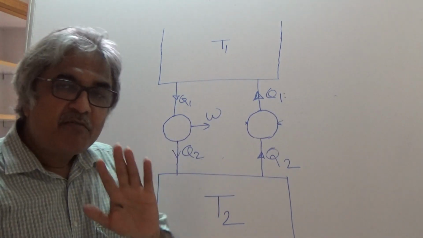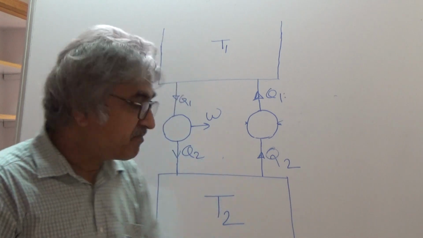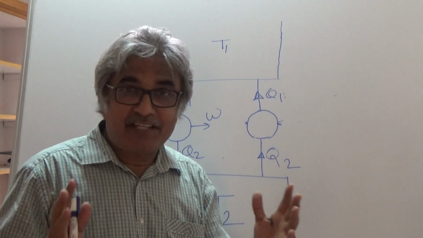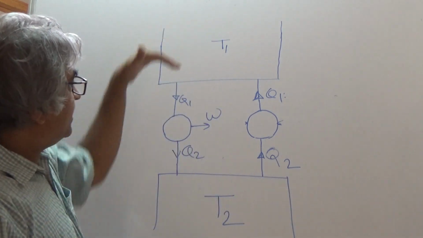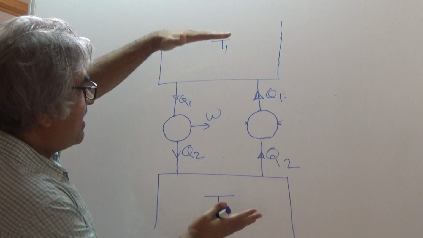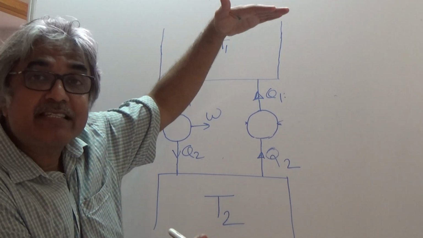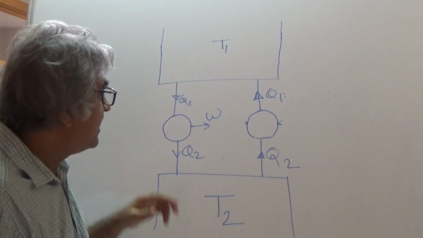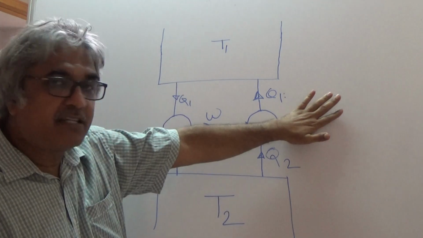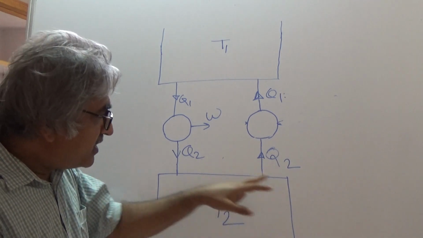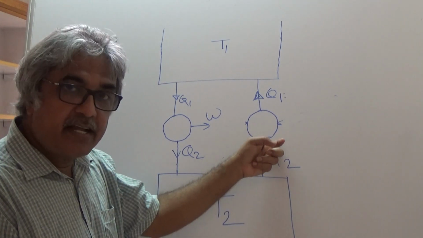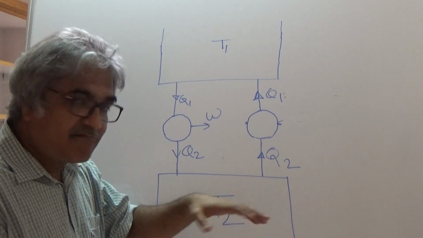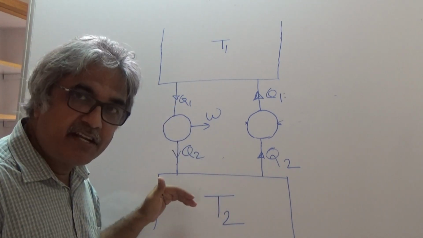Now this is the system. But look at this carefully and see what is happening. Please note, while we make this proof, we are showing both this engine and heat pump as operating between the same temperature limits, source and sink. So if you say that this W is 0, fine, this body T2 is giving heat to the pump and it is receiving heat from the engine.